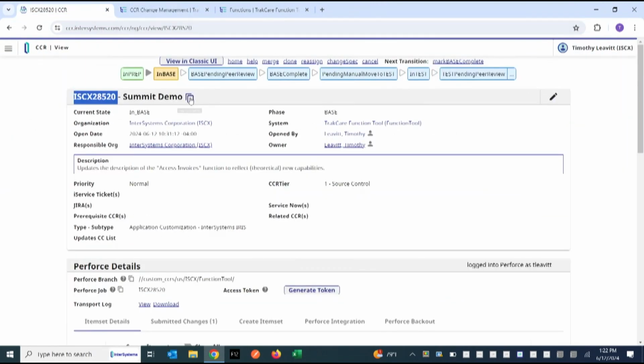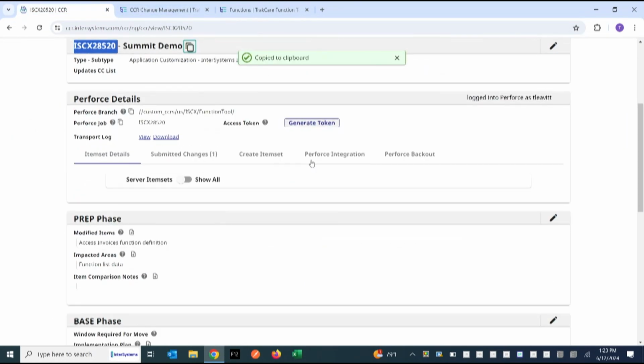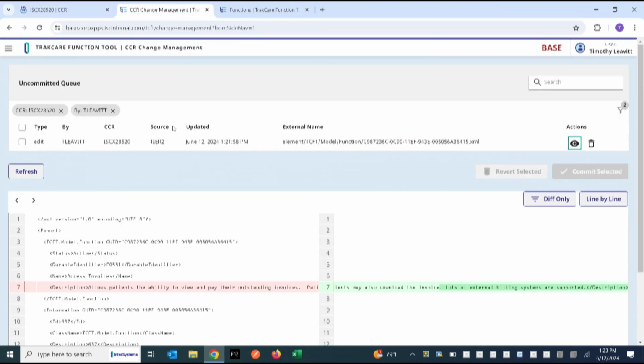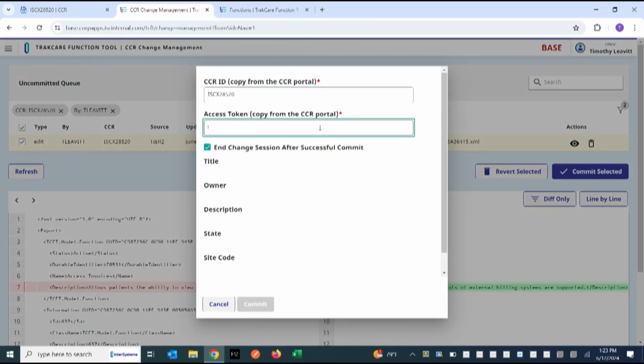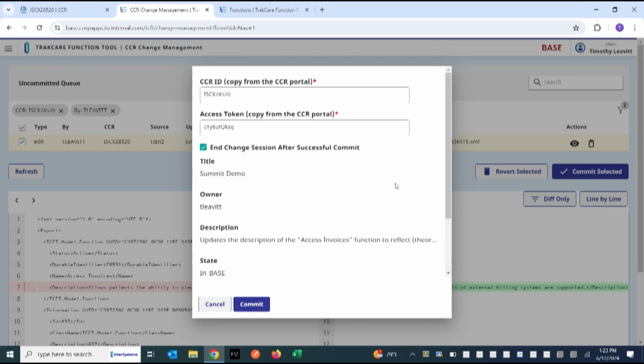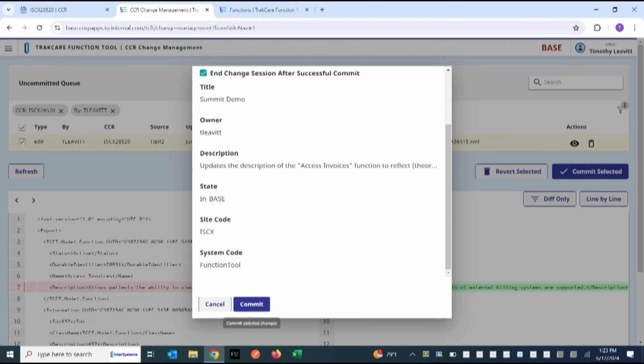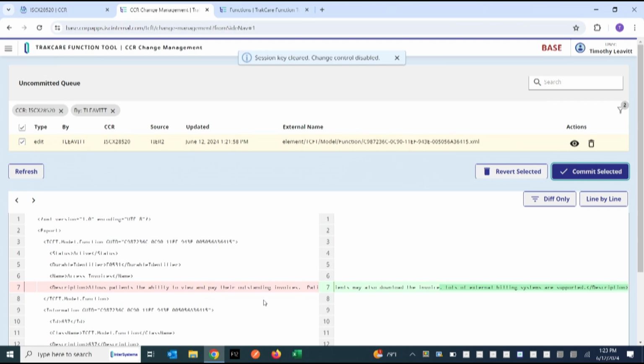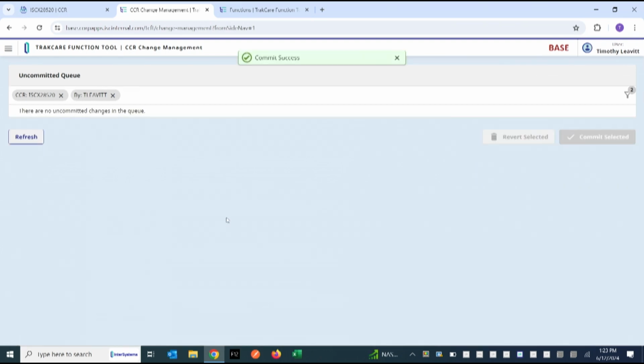So once I think I've made the right changes, I'll generate an access token in CCR, copy that off. I'm going to select this and say commit the change. I'll paste in that access token. I'll get a little bit of helpful information here, pointing to CCR saying this is the change you're associating it to. I'll make sure, yes, that's actually what I meant to put it on, and say commit. And this closes out my change session by default,